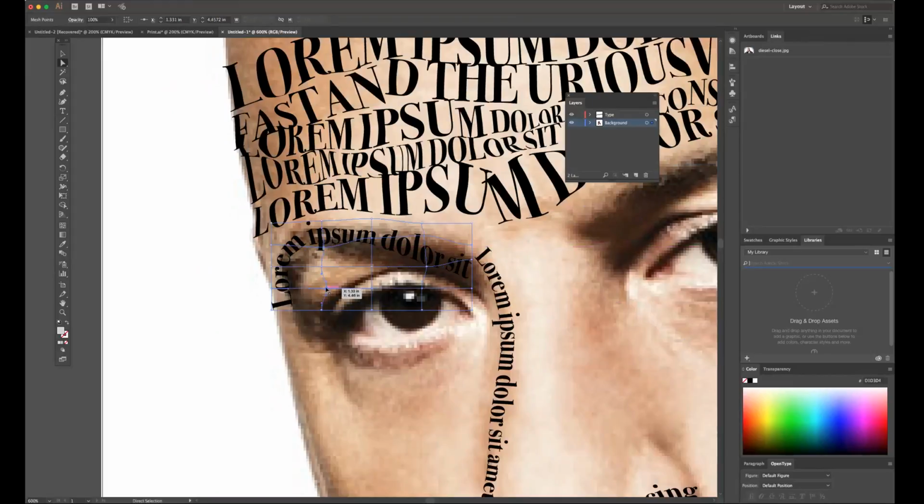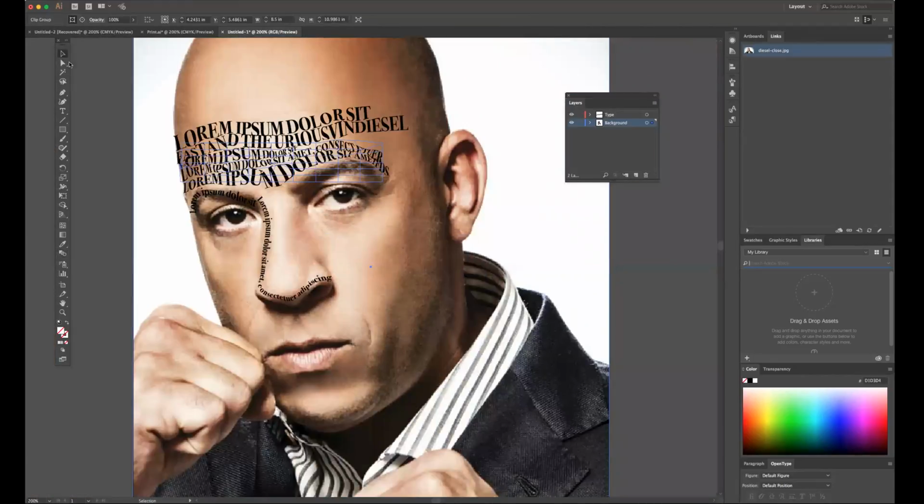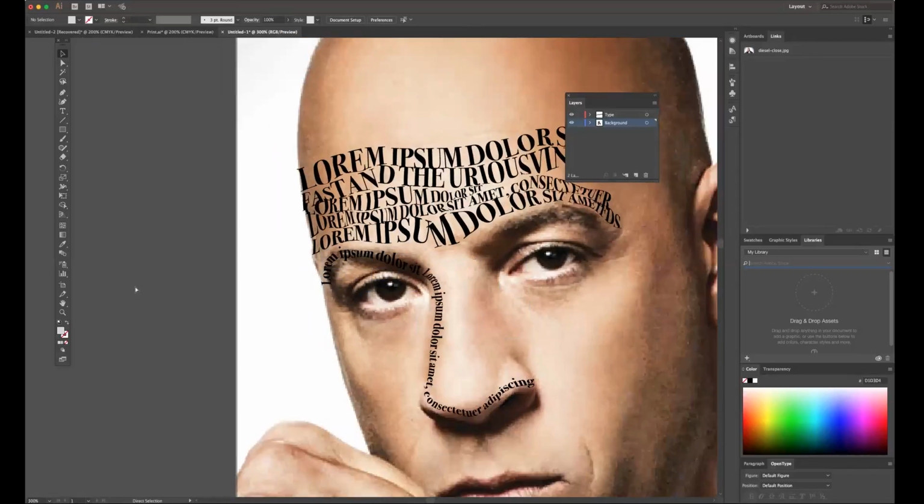Anyways, this could go on forever, but I did want to at least allow you to see how you can achieve this look without having to use Photoshop. Like that. And you can even make it so that the text runs into the nose a little bit. That could be a cool effect. Bring it in there. So now it's one straight seamless line of text.